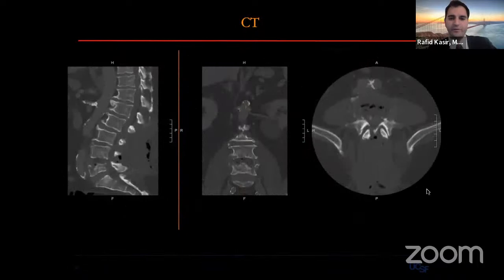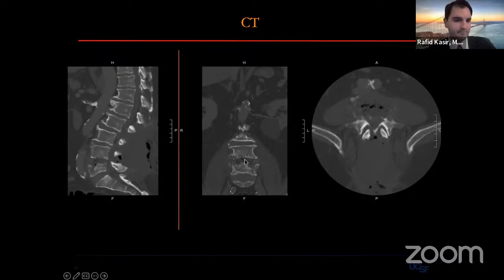A CT scan was obtained. This shows similar findings to the X-ray. We see erosion of the superior end plate of L5. We see anterior column collapse at the anterior aspect of the L5 vertebral body, and early stages of middle column collapse along the posterior vertebral body of L5. The inferior end plate of L4 is also thinned with